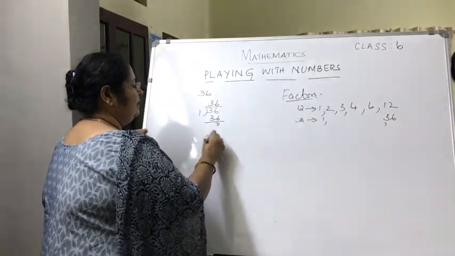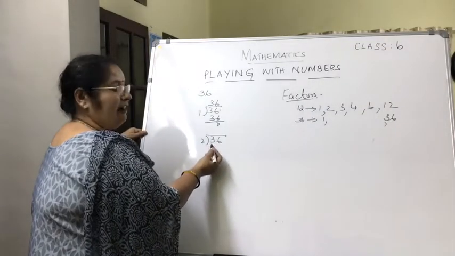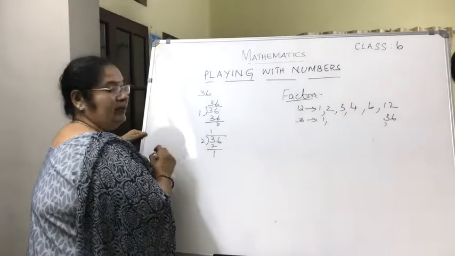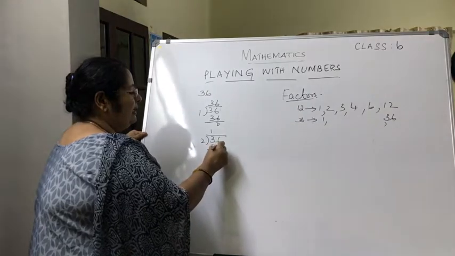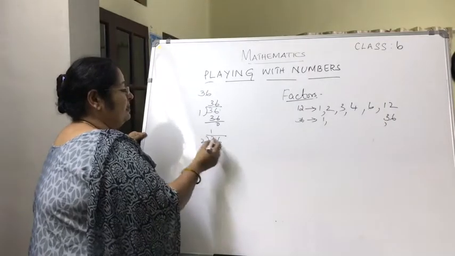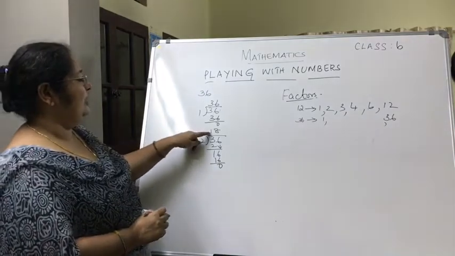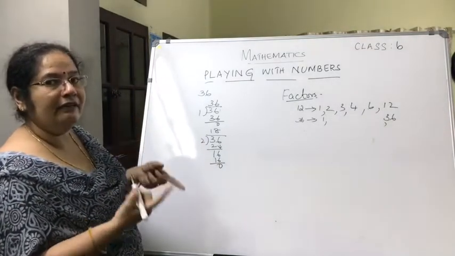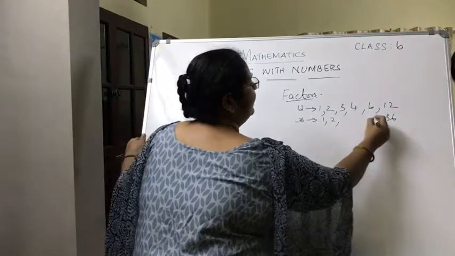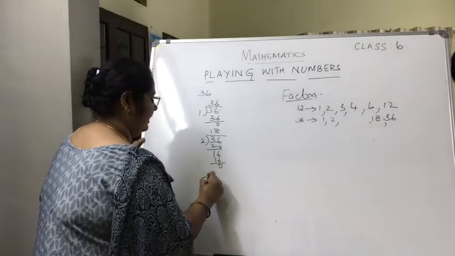Divide 36 with 2. Now dividing 36 with 2, first you take 3, because 3 is more than 2, start dividing. 2 in 3, how many times? 2 ones are 2. When you subtract, you are getting a remainder 1. Then you bring the next digit down, it is 16. Divide 16 with 2. 2 in 16, how many times? 2 8s are 16. The remainder is 0. So what is the quotient here? 18. What is the divisor? 2. So which are the factors for 36? Two more factors you have got. Which are they? 2, 18. Got it?